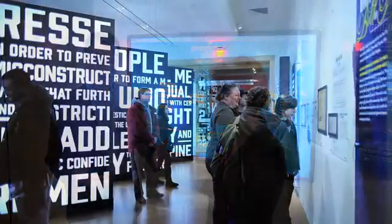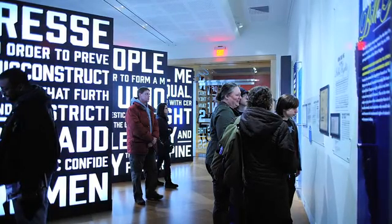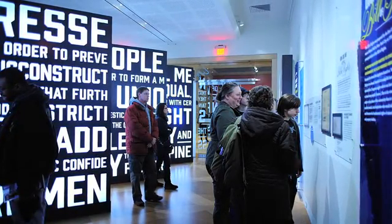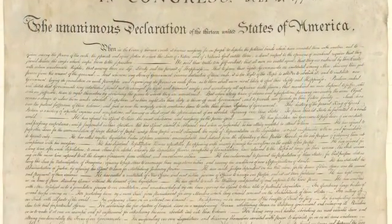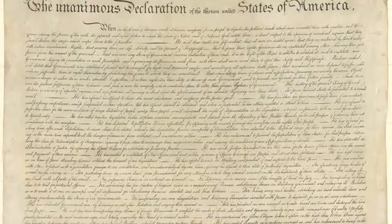Well, this is thrilling because this is now one of the only places in the country where citizens can see such rare original copies of the three documents. We have here a stone copy of the Declaration of Independence. In